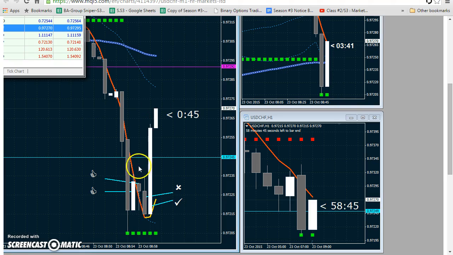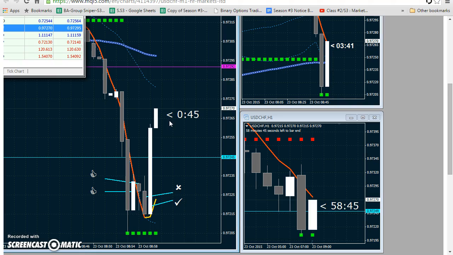But look, the next bar was not a bull bar, it was a bear bar. It went all the way down till here, and then it retraced all the way back and closed there. Now because of the body of this bear bar compared to the wick, the body is about 25% and the wick 75%, it means it qualifies for a CL trade. So what we would do is take a 1-minute call there, and in this case we would lose, which is very rare on a CL setup.